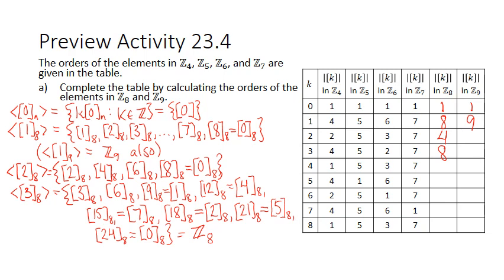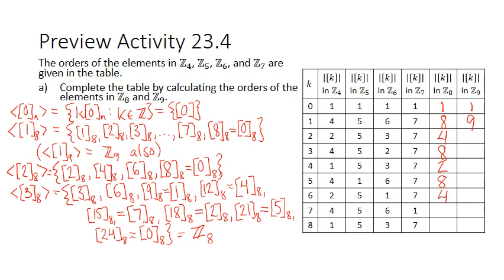Okay, I think I'm going to let you do the rest on your own, but I'll just fill in what these numbers here should be. I'll kind of do them in my head really quickly. So 4, let's see, that's going to give you 4, and then 8, which is 0, so that's 2. 5, that's going to give you the whole group. 6 is, I believe, going to give you the same as 2, so that should be